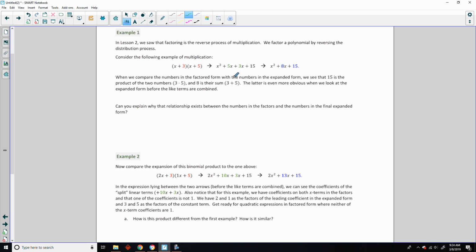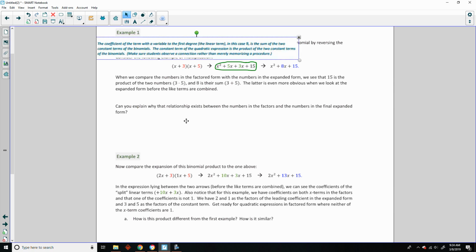When we compare the numbers in the factored form with the numbers in the expanded form, we see that 15 is the product of the two numbers 3 times 5, and 8 is their sum, 3 plus 5. The latter is even more obvious when we look at the expanded form, which is right here, because we see it. They're adding the 5 and the 3, and then this is the product of 5 and 3. It says, can you explain why the relationship exists between the numbers in the factors and the numbers in the final expanded form? Okay, so